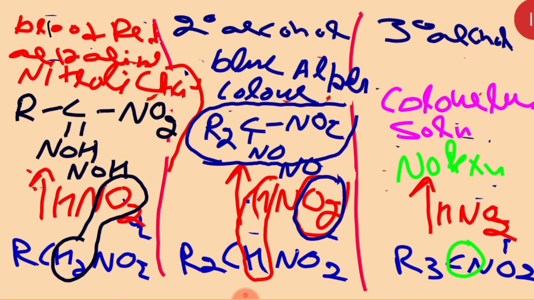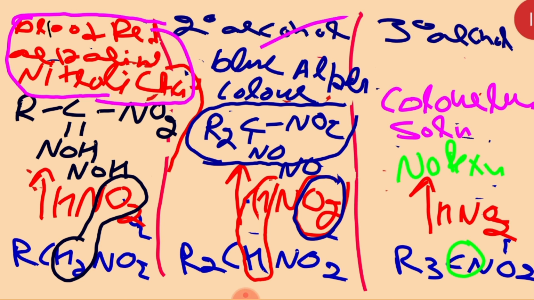So simply it is a colorless solution. Once again, in a primary alcohol you get blood red color when made alkaline, and the last product is nitrolic acid. In a secondary alcohol, the last product is pseudonitrile, with blue color with the alkali. Last one, there is no hydrogen, so no reaction, it is a colorless solution. So this is the distinction between primary, secondary and tertiary alcohol by the Victor Meyer test.